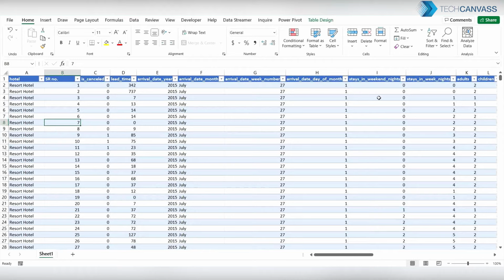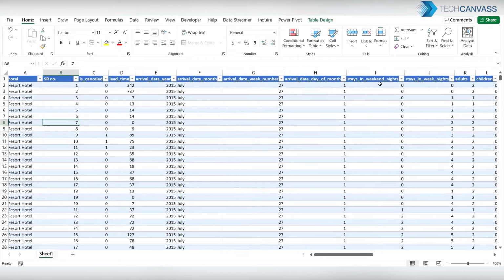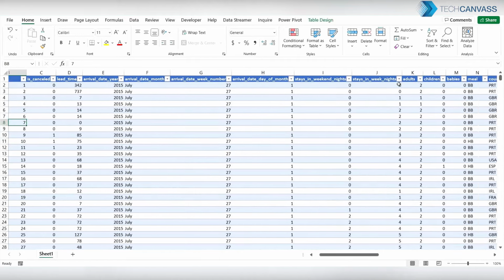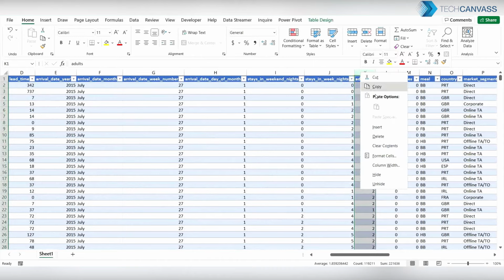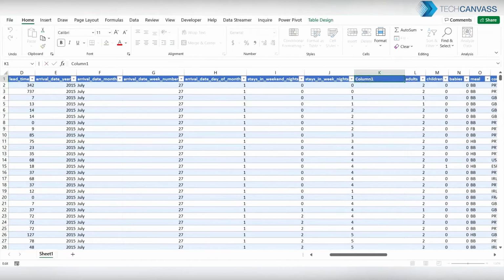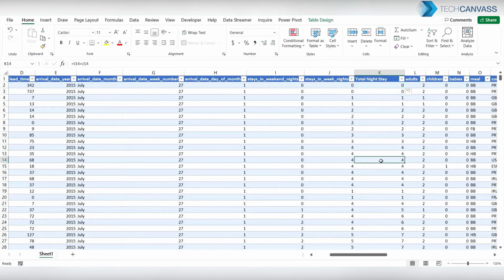And yeah, we have the stays in weekend nights and stays in week nights, right? So let's go ahead and calculate the total number of night stay here. So this will be nothing but the addition of these two columns. So we have that data here. So now we know the number of nights our guests are staying.